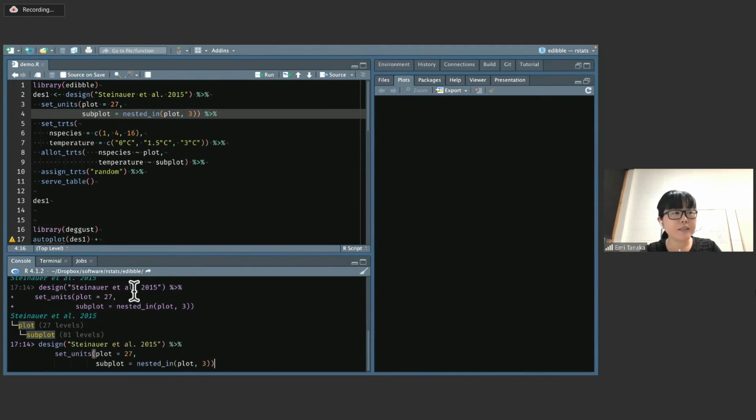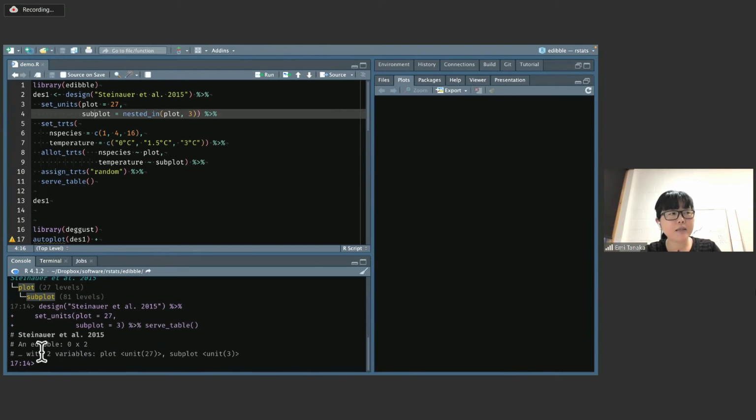And even if you signal it, let's say I say something like this. So you've got plot equals 27, subplot equals 3. I haven't defined any relationship between the two units. And then you try to get the table from this. What happens is that it doesn't output anything because it can't reconcile how these variables should be related